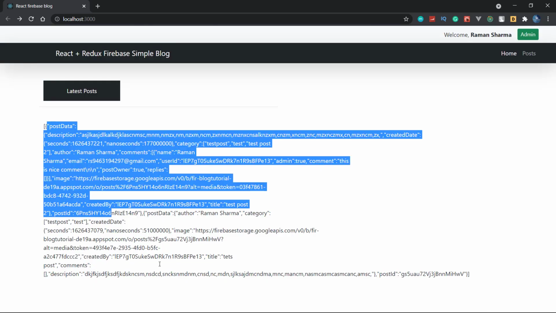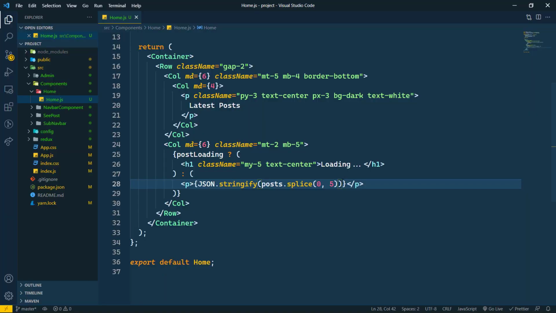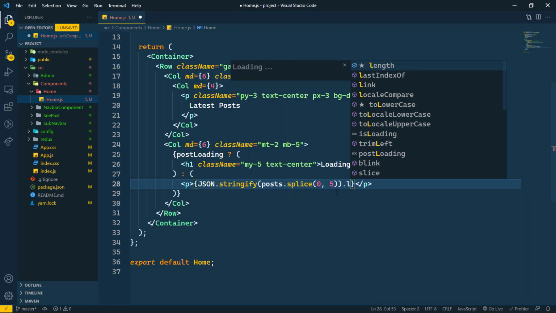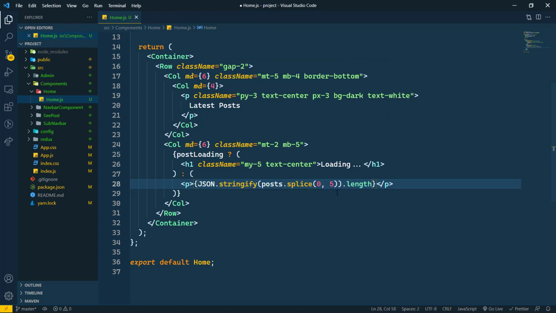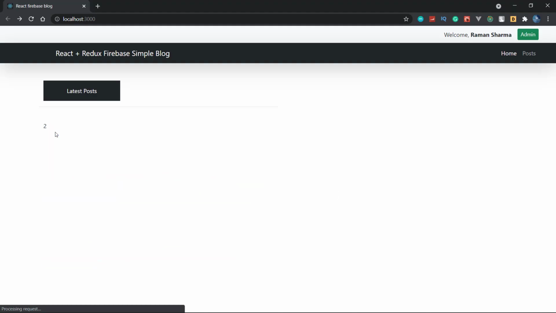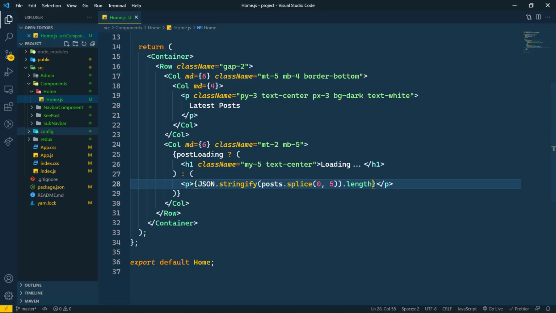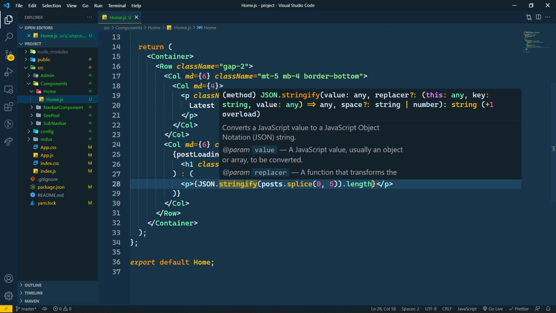See that here we are getting only 5 posts. When I write length here, we will get only 5. Actually we are having only 2 posts, so that's why it is showing like this.